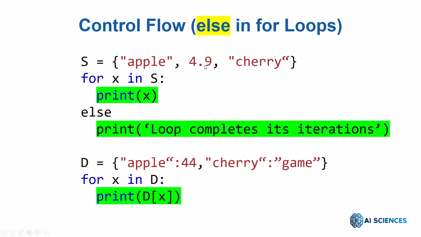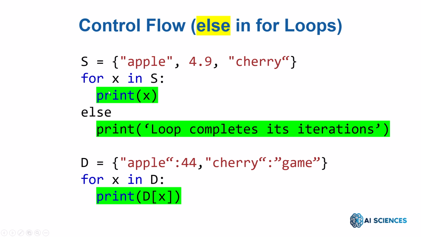For example, you have this set that contains apple, 4.9, and cherry, and you loop over the elements of the set. As long as this x is in the set, print that. So first it will print apple, then it will print 4.9, then it will print cherry, and then, by the way, there's an else part in the for loop